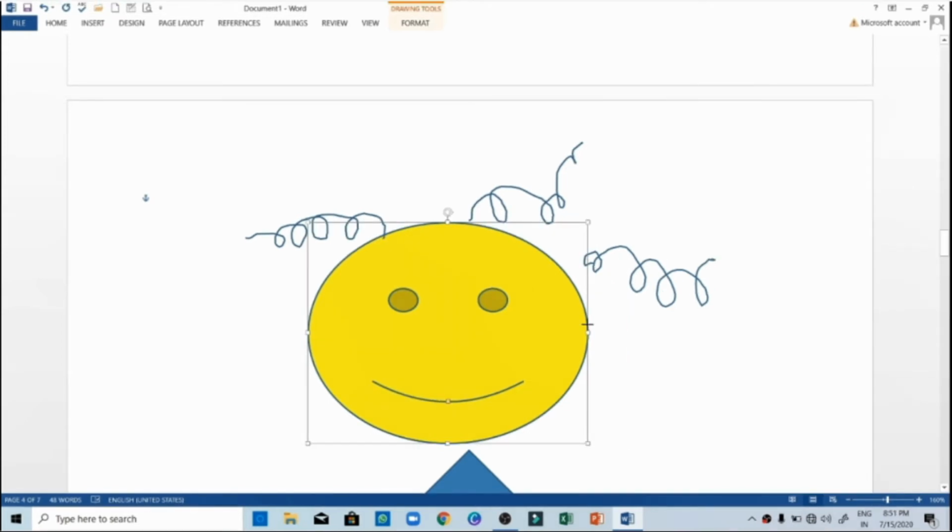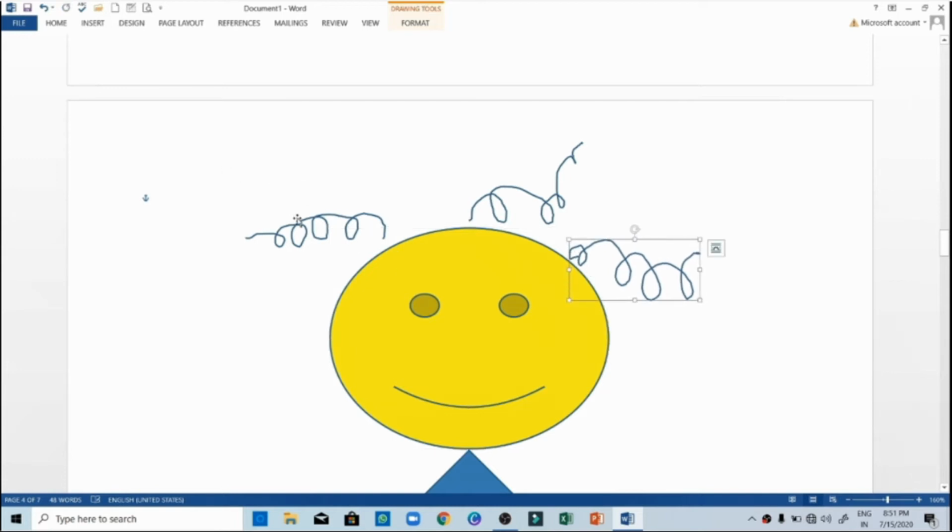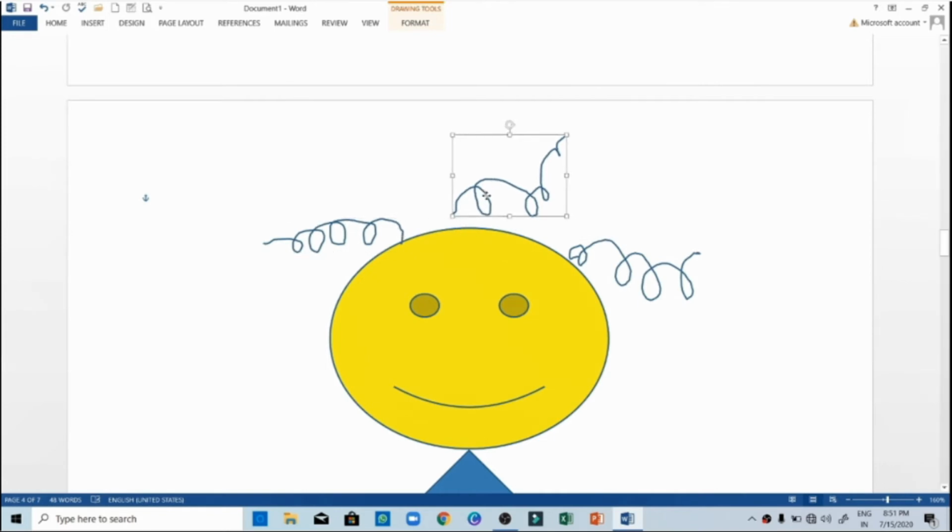Such a type of image is of no use, because if you want to change or move it to some other document area, only the area which you select will get moved or shifted. So in that case we will group it. Let me first adjust again. Now we can group all these shapes we have taken. Click on the shift button and select one by one. Wait, let me rotate it. Now it is looking quite pretty.